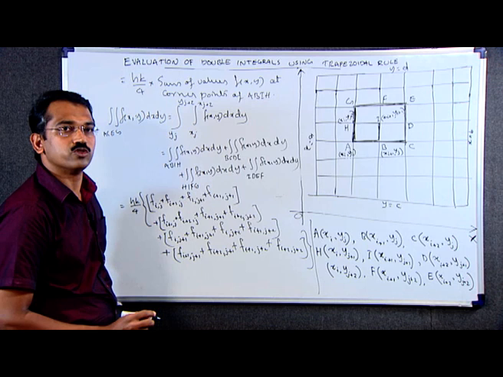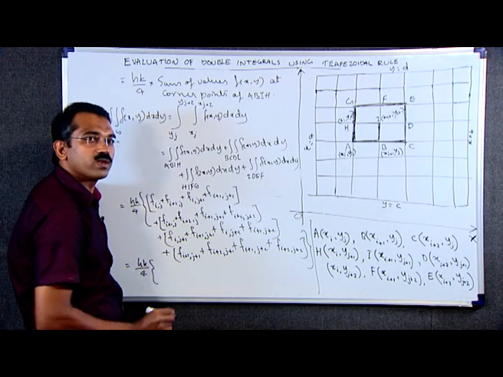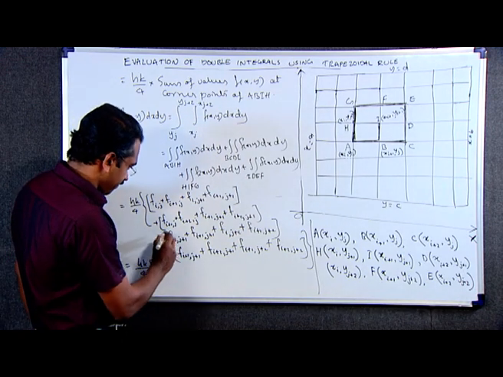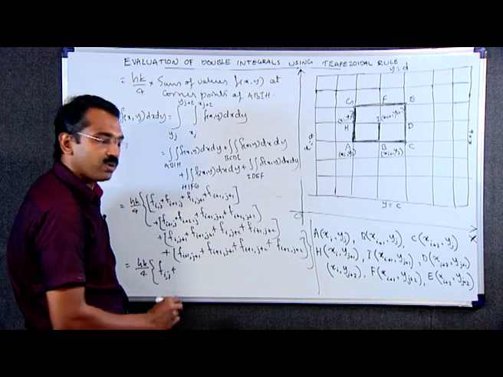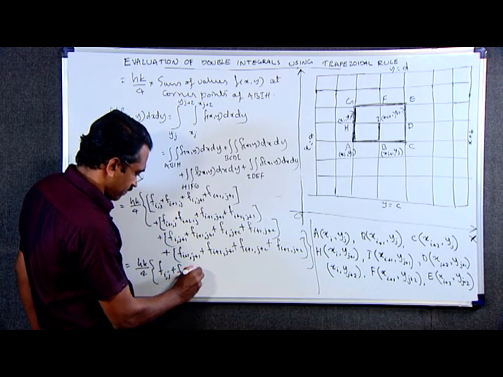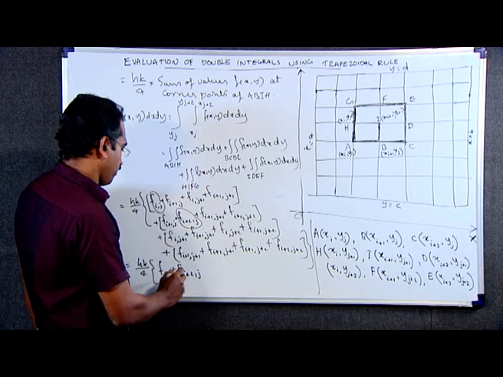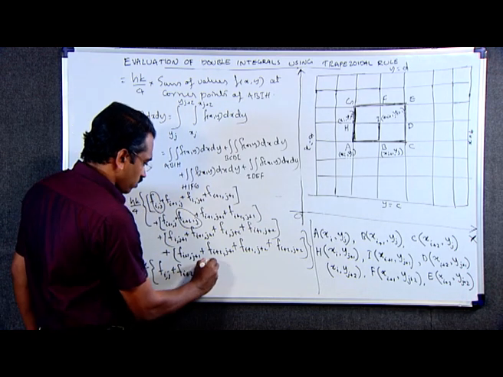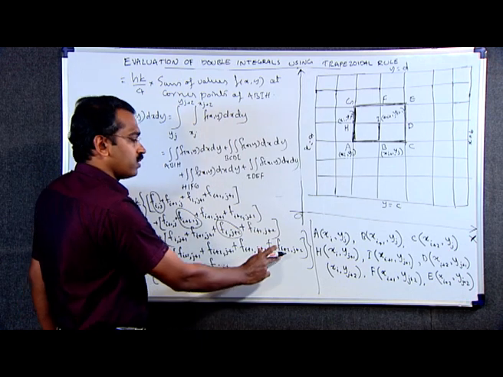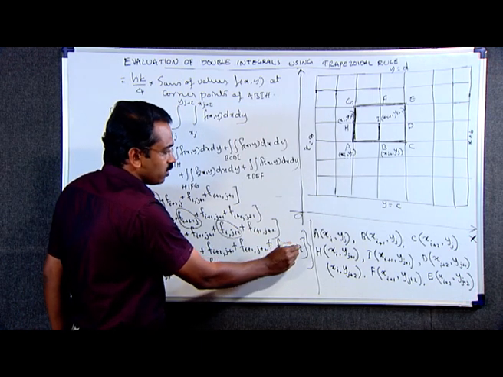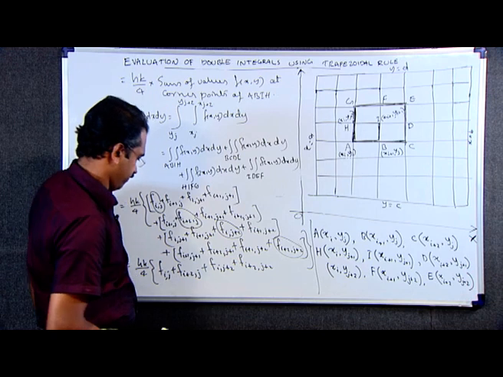Therefore, this is equal to h into k divided by 4 into f i j, this term, plus f i plus 2 comma j, this is the term, plus f i j plus 2, this is the point, and f i plus 2 j plus 2. Plus,